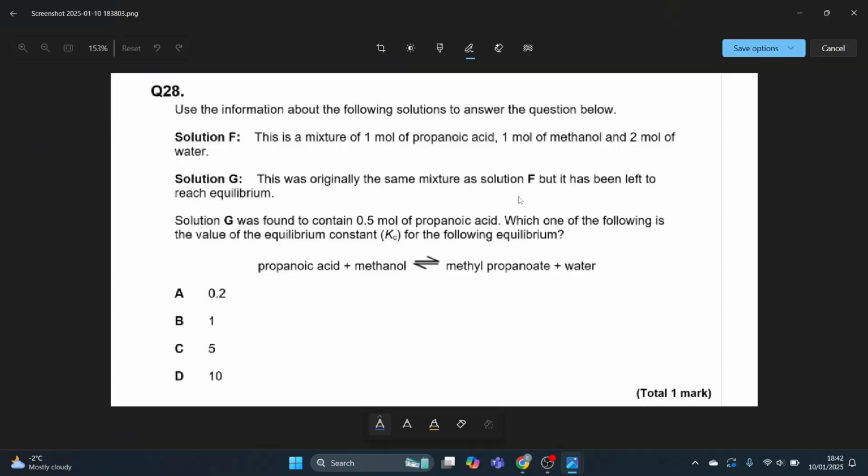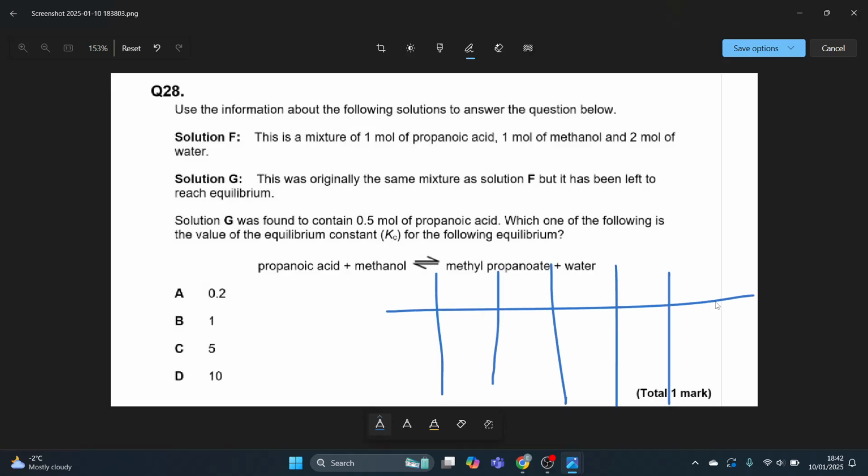Next one. Use the information about the following solution to answer this question. Solution F, a mixture of 1 mole of propanoic acid, 1 mole of methanol, 2 moles of water. Solution G was originally the same mixture as solution F, but was left to reach equilibrium. Solution G was found to contain that much propanoic acid. Which of the following is the value of the equilibrium constant Kc for the following equilibrium? So what we need to do is ICE,